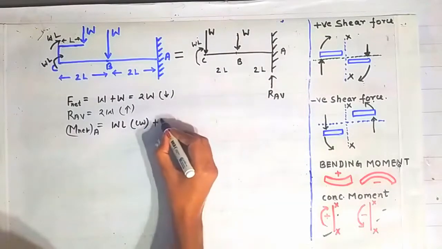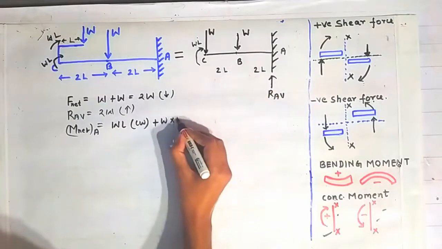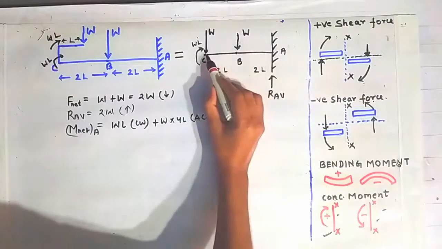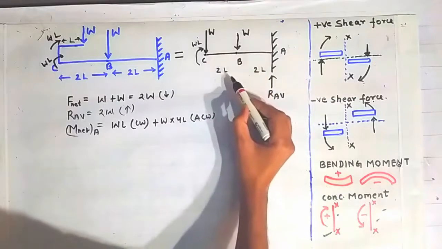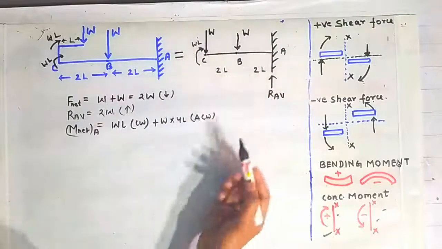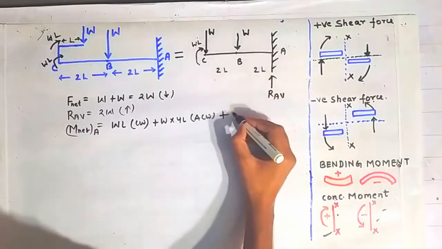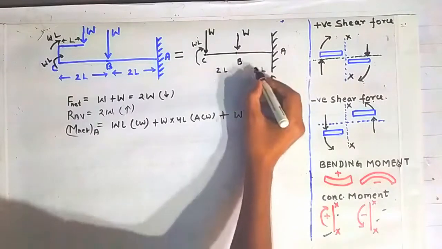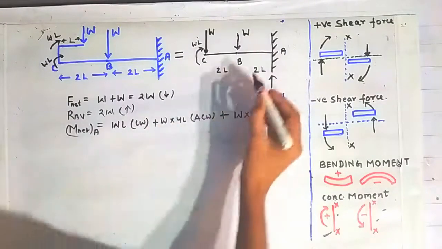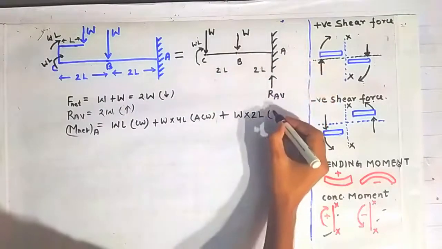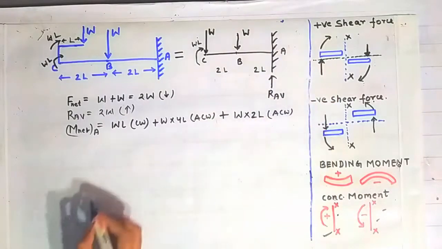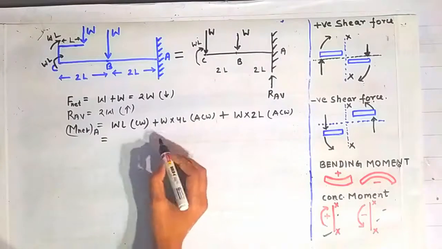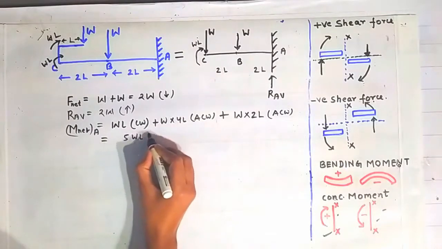That is W into 2L plus 2L, 4L in anti-clockwise direction, because this vertical load will try to rotate this beam in anti-clockwise direction about point A. Okay. Now because of this also the moment at point A will be equal to W into this distance 2L, and it will also create a moment about point A in anti-clockwise direction. So the clockwise will cancel out part of the anti-clockwise and we will be left with how much? 5WL